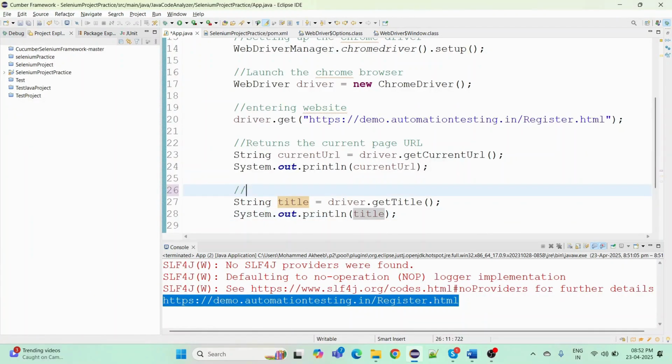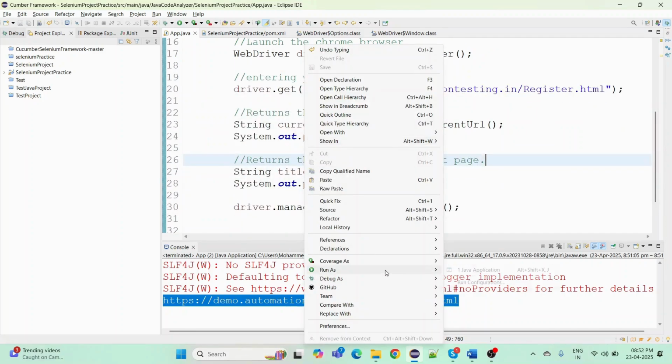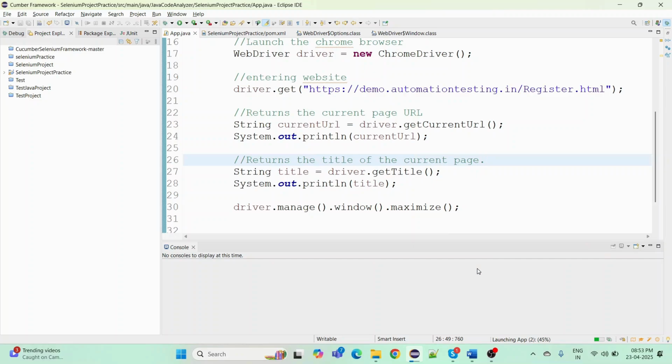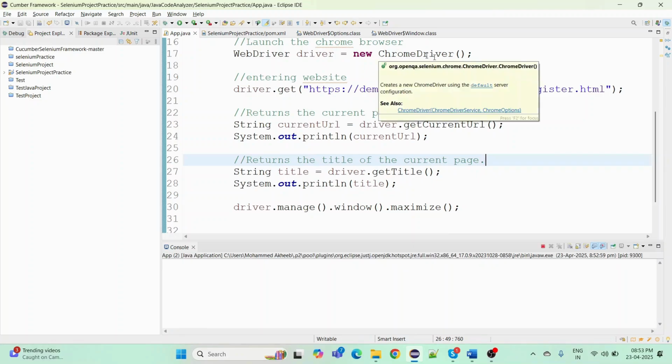I'll show you where we can see the title. Okay, right click, run as Java application. Then again it will launch the website. Again Chrome driver will be launched. It will enter